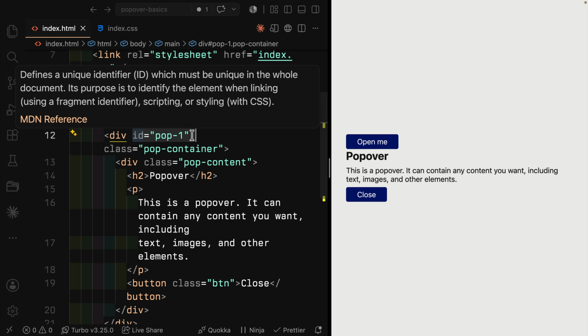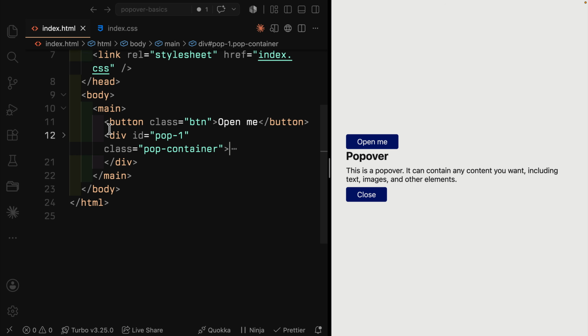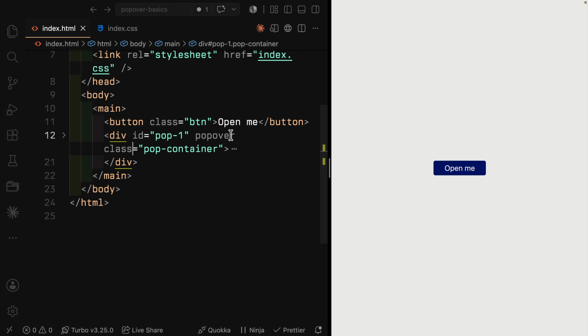Number one, note that I have an ID. Secondly, these don't have to be next to each other. This can be anywhere we want in the DOM, and it sits actually above on the top layer once we add popover to it. So to make this actually work, we need to add two things. First of all, popover, this attribute right here. Oops, I erased the class there. We'll now make this all disappear, give it a bunch of default styling from the browser, and set it on that top layer. Now to actually make it interactive with this open me button, I need to come over here